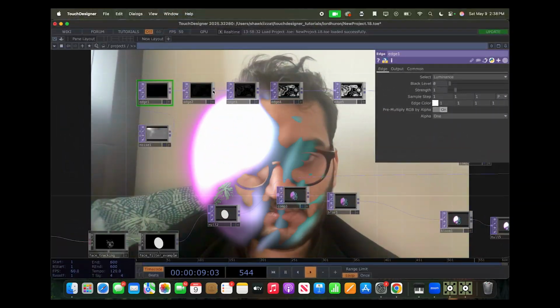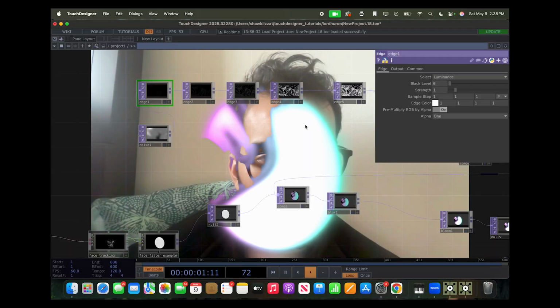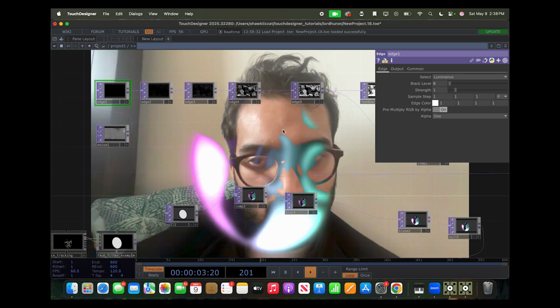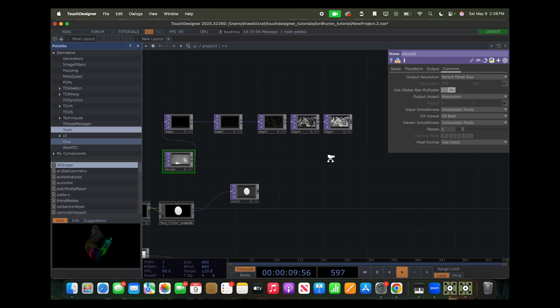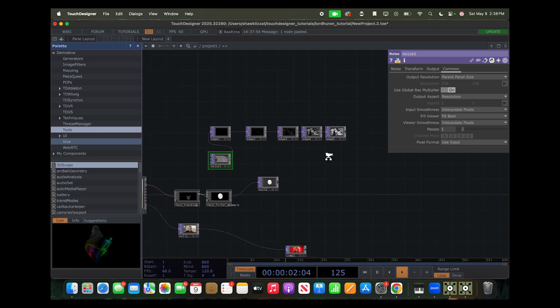And are we on the right track? Yes, we definitely are on the right track. And I'm just going to change this to, oops, parent panel size. Yeah, cool. So here we've got the 5 edges,